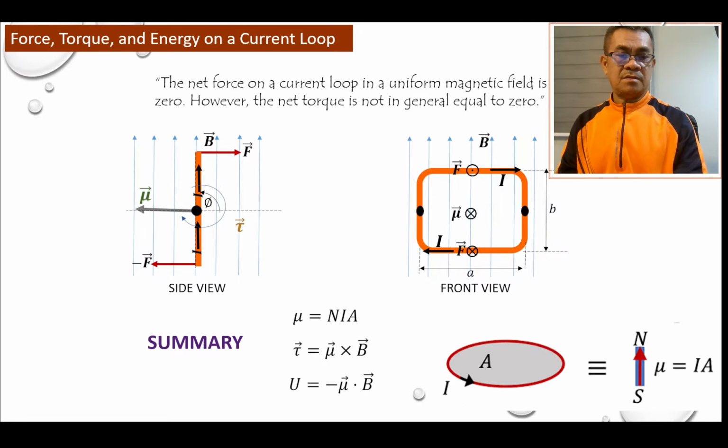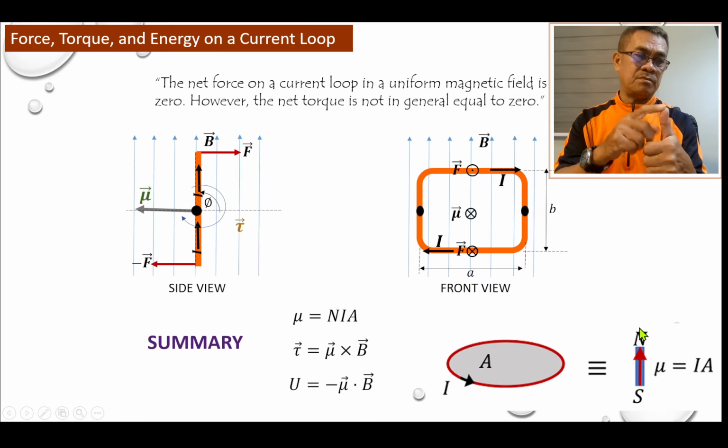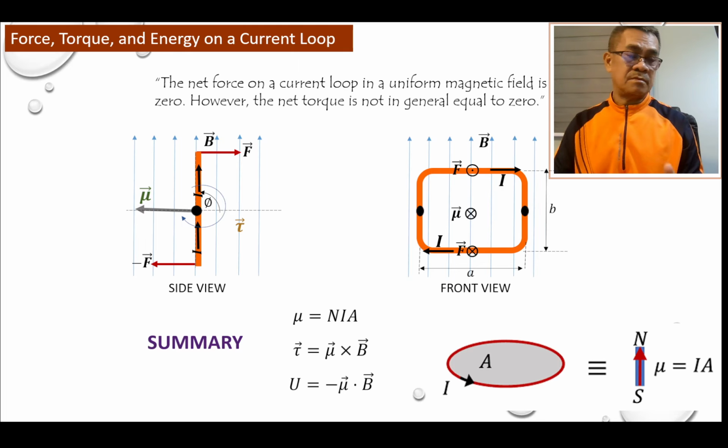So again, suppose this is your loop, then orient it with the right hand rule: just curl it, then stretch your thumb. Then this is your direction of mu. Now remember, the arrow of your mu means north, and the bottom is south. Okay, so meaning because of mu, we have the magnetic field. So the magnetic field due to the current flow will depend on the dipole moment. So the greater the dipole moment, the greater the magnetic field. But for now, we are interested in mu, and it is I times A. So if we have number of turns, then just multiply this in.